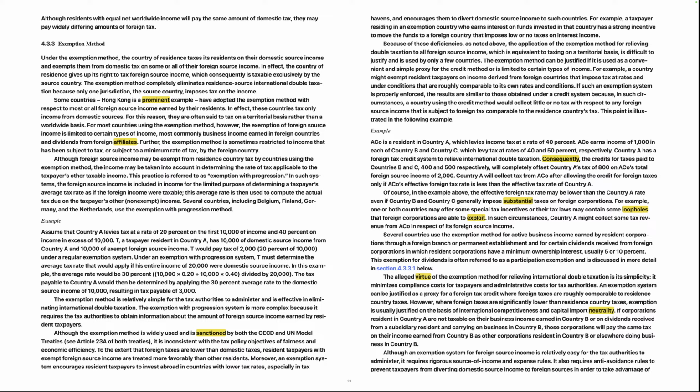If corporations resident in country A are not taxable on their business income earned in country B or on dividends received from a subsidiary resident and carrying on business in country B,